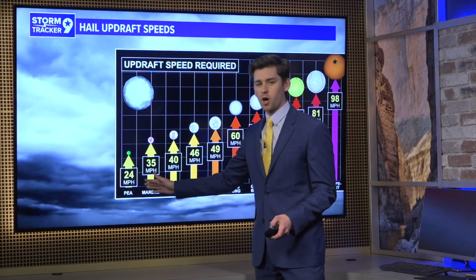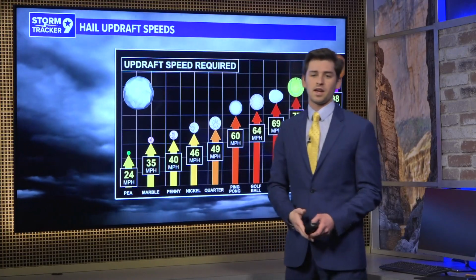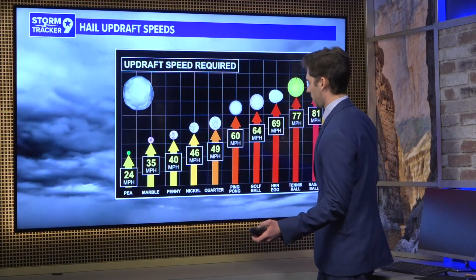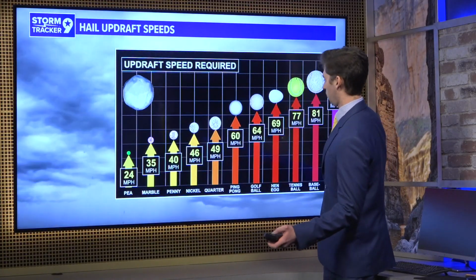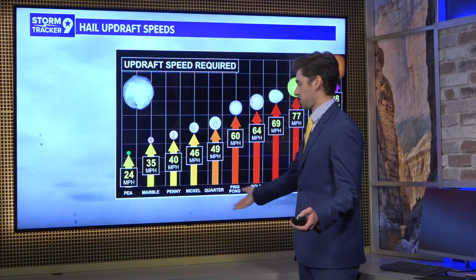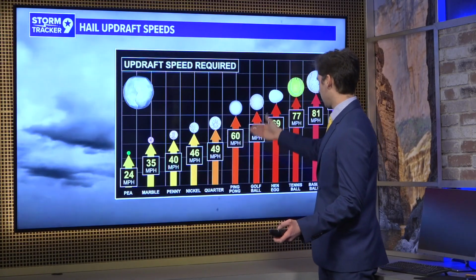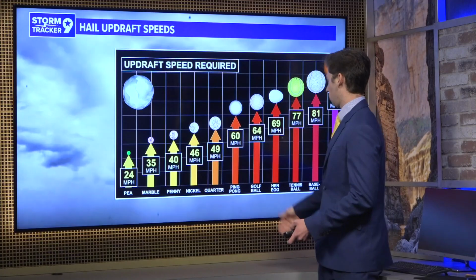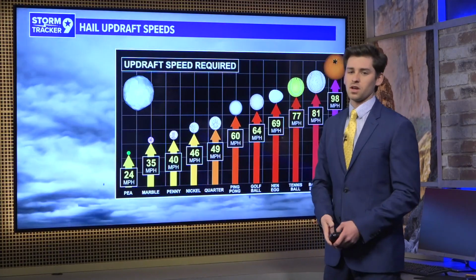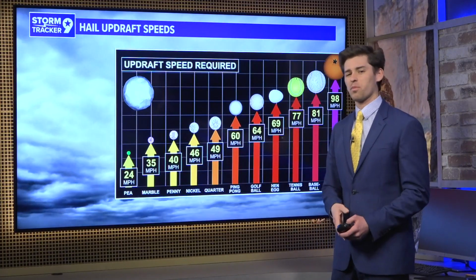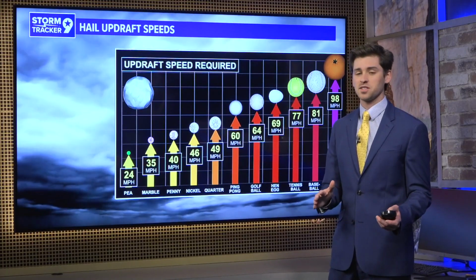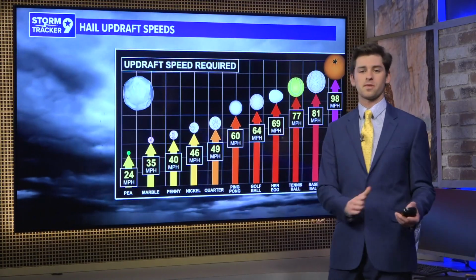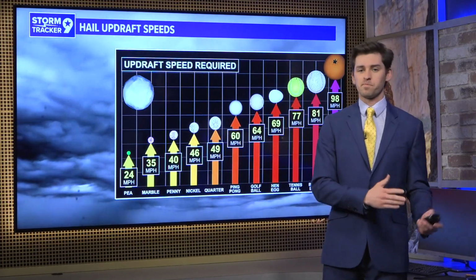So this is pretty common, and we see this a lot in West Texas. In fact, we see a variety of updraft strengths. We've seen updraft strengths in the 40s, in the 50s, even the 60s. And so, you know, ping pong ball sized hail and golf ball sized hail is all pretty common here in West Texas. But once we start getting anything larger than that, it becomes more and more rare because we don't see